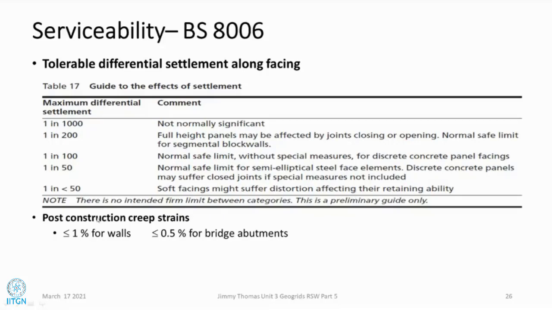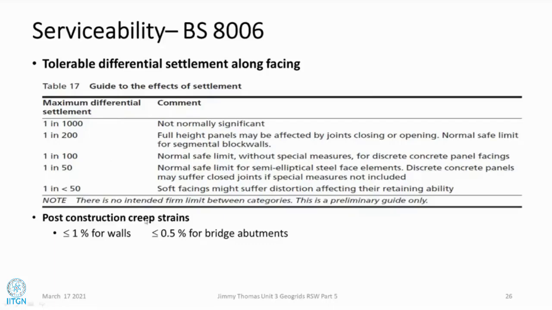Then coming to the lateral displacement, normally these limits are from the BS. If you look at the FHWA, they don't give any guidance on this. They don't say what the allowable settlement or allowable lateral displacement is. They are silent on that, assuming it is the responsibility of each designer to evaluate that for a specific project. The BS provides these guidelines.